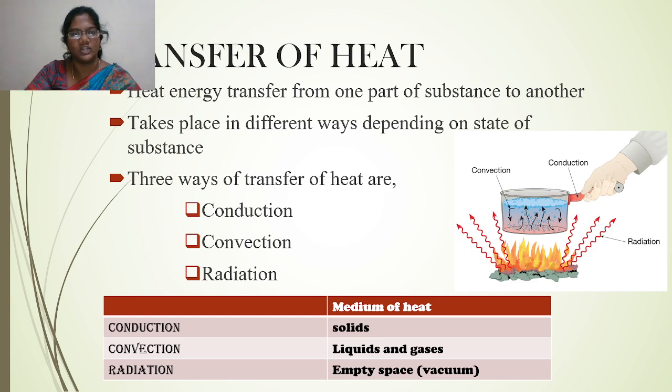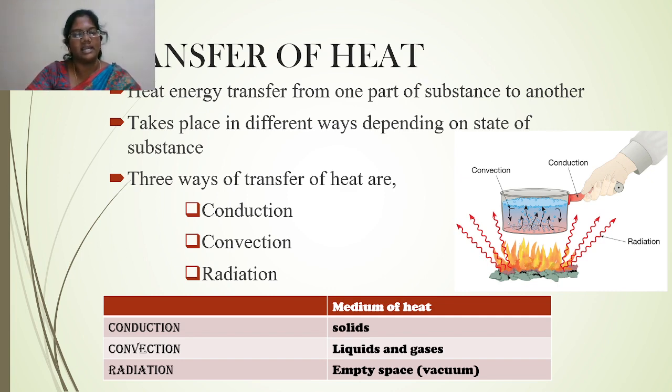For example, if we are using a vessel where we are heating the vessel in the cooker or on the stove, sometimes when we put the steel vessel on the stove and touch it with our own hands, it will produce a form of heat. But when we are boiling the water, the water inside is mingling around, that is convection. But conduction of heat is the heat passed from the bottom of the vessel to the handle of the vessel.